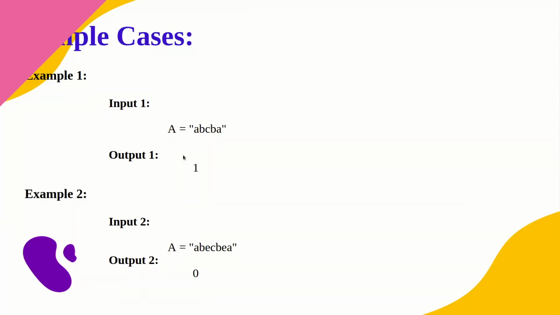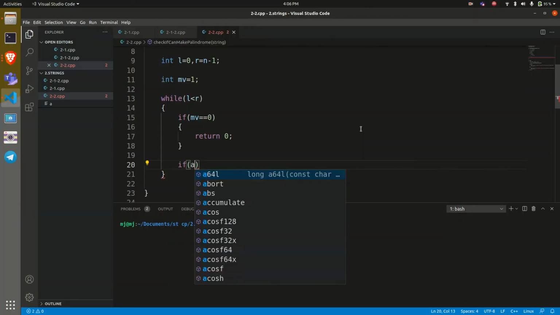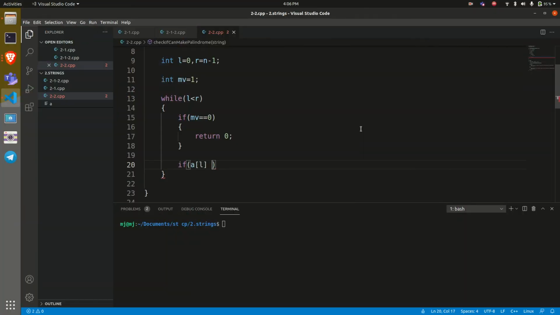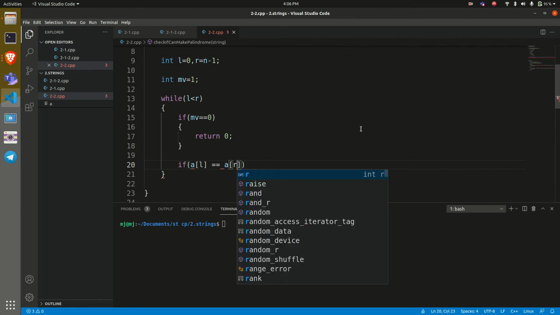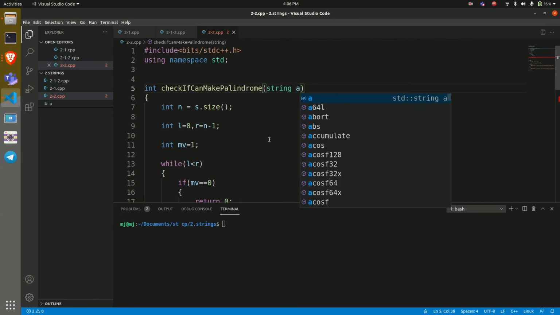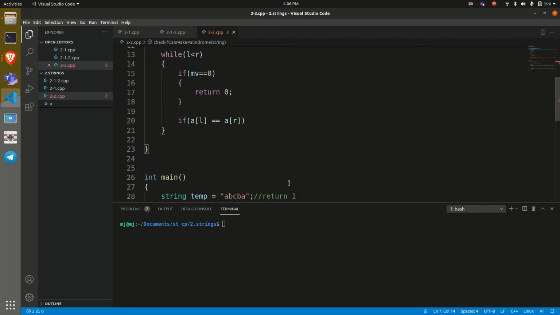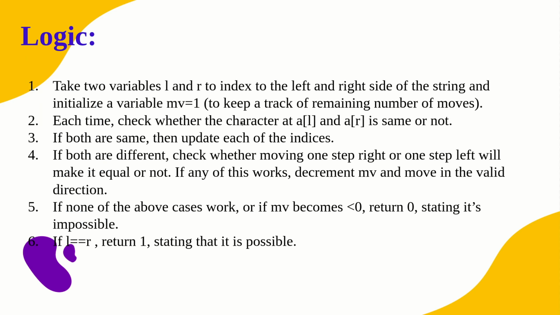First of all, as I mentioned, check if both a of L and a of R are same or not. So let's write: if a of L equals a of R. Here, a is the string name in our case, so that you can understand the algorithm better if we use the same variable names. So if a of L is equal to a of R, both the characters are the same,